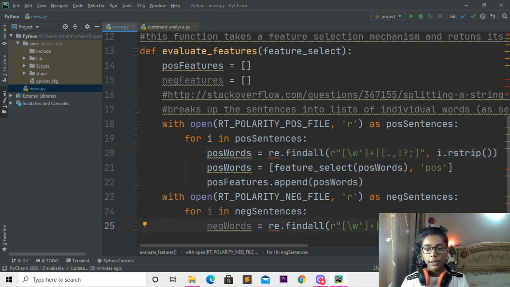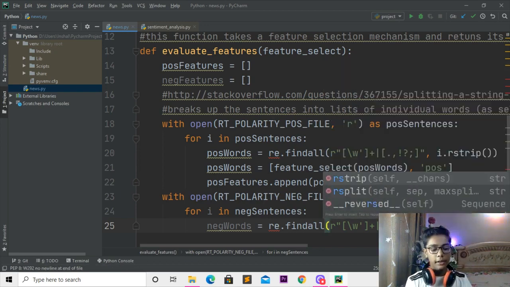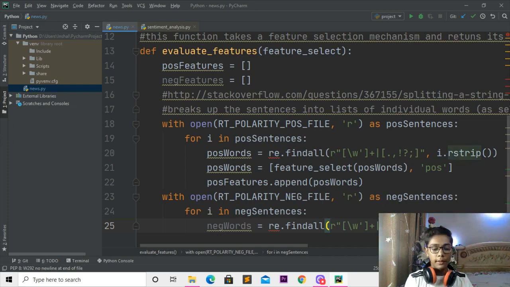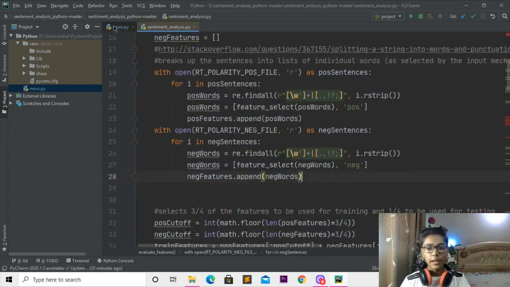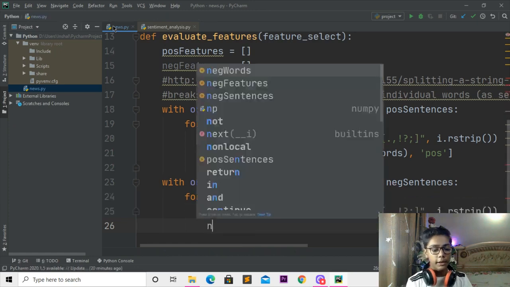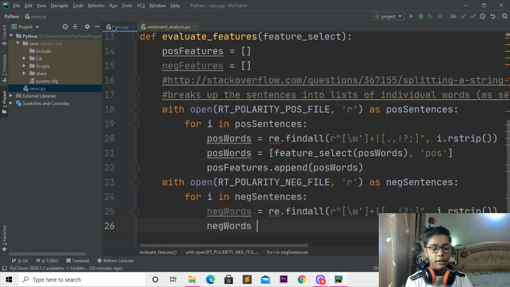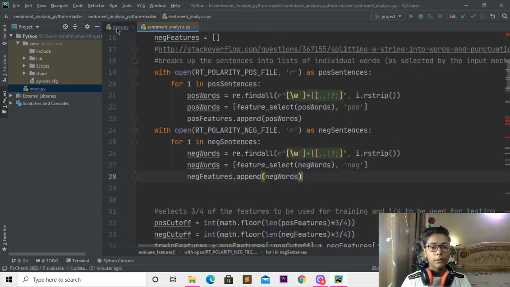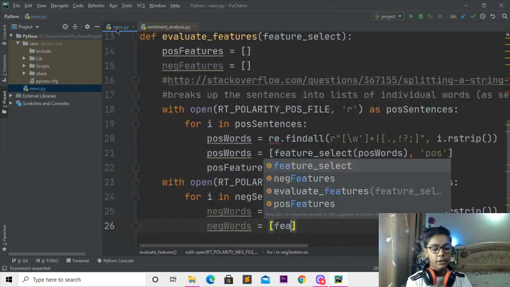When you've done with that, I'll be writing i.rstrip, making this bracket. Then I'll be moving here, and you have to write NEG words again, then equal to, and come here and write features,